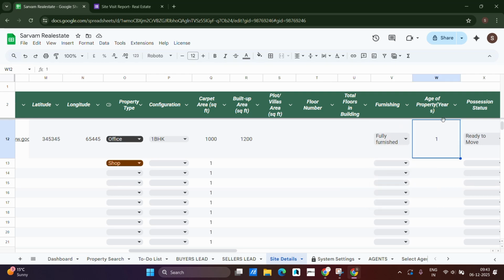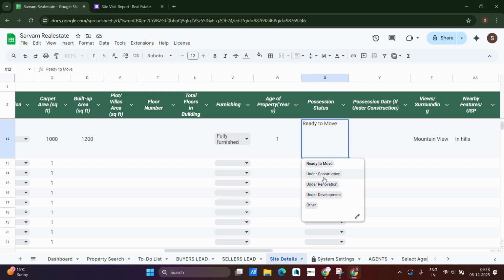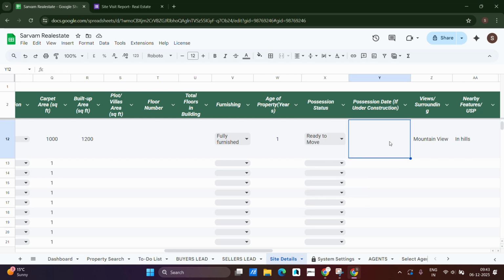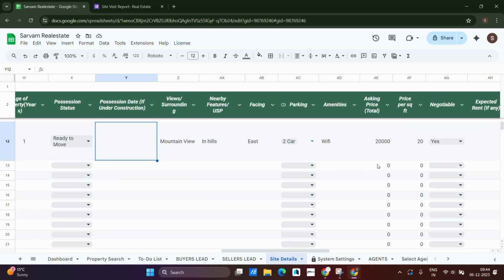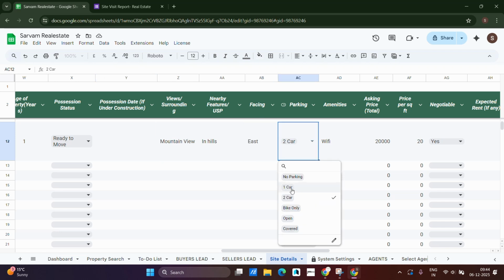And age of property, possession status: is it ready to move, under construction, under renovation, etc. And possession date if it's under construction. View, surroundings, nearby, USP, facing, parking,